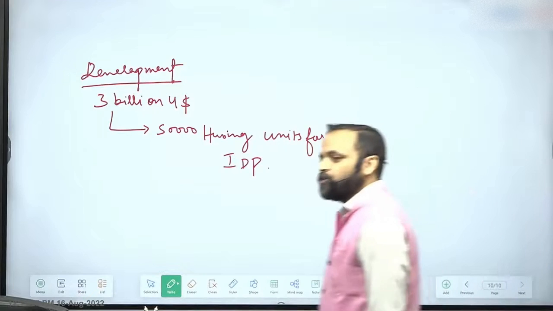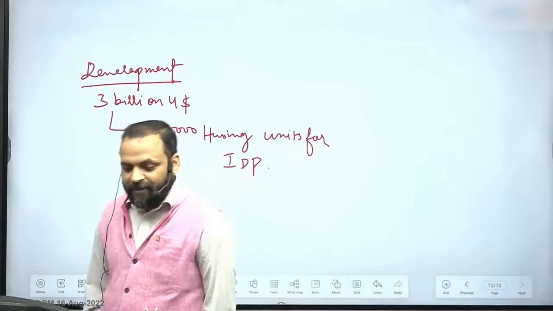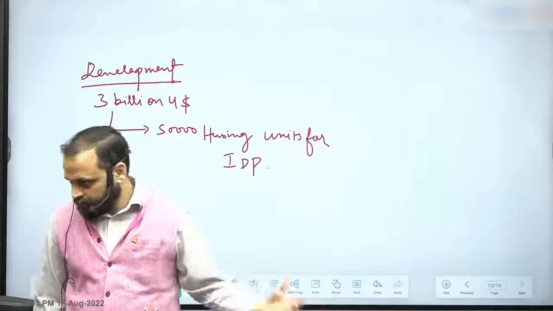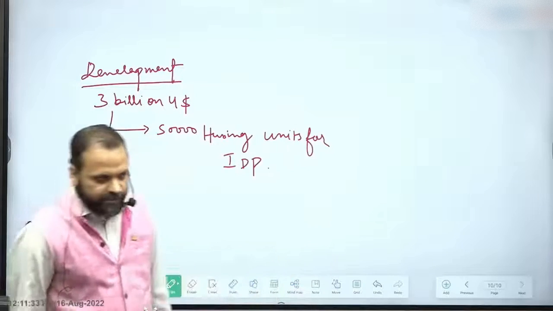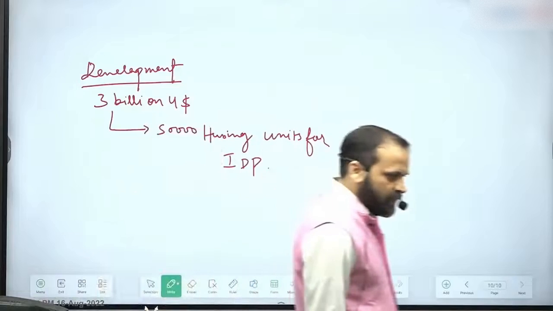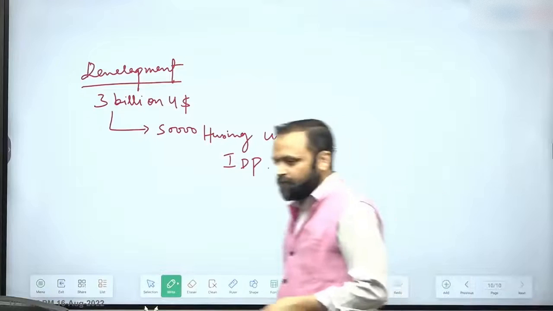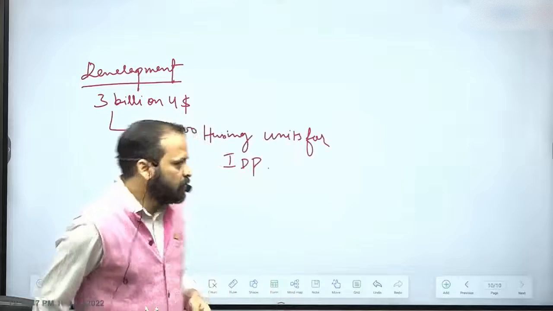So, those who were displaced during the civil war, for them India built a housing project, right? 50,000 housing units are built by India. Generally you would see building of housing units is a key part of what India does in the neighborhood. In Nepal also we have built 50,000 housing units. In Sri Lanka also we have built 50,000 housing units.